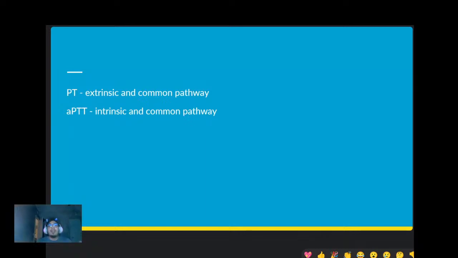So, sir, you might ask me, if the patient has a problem in the intrinsic pathway, is the PT also elevated? Yes, because the common pathway is impeded. Would it be as severe as the APTT? No. Okay? Why? What is the only overlapping factor? Factor 9 only, right? Because factor 9 is activated by the activated form of factor 7. Okay? So clear? Let's go to the next slide.